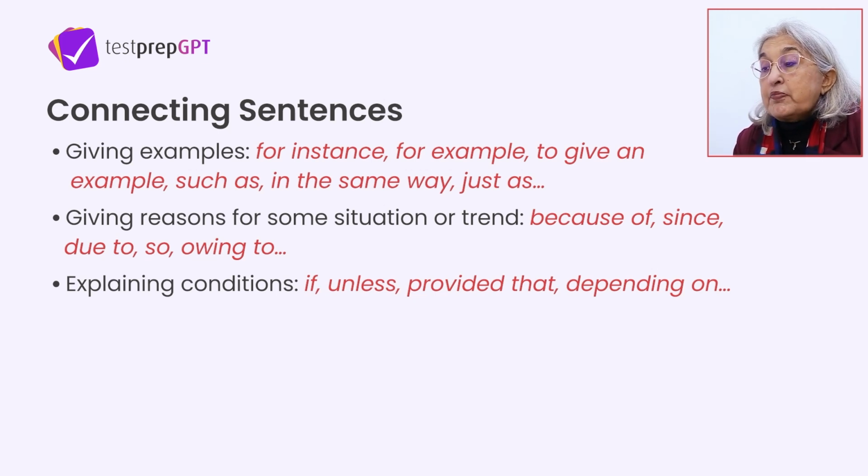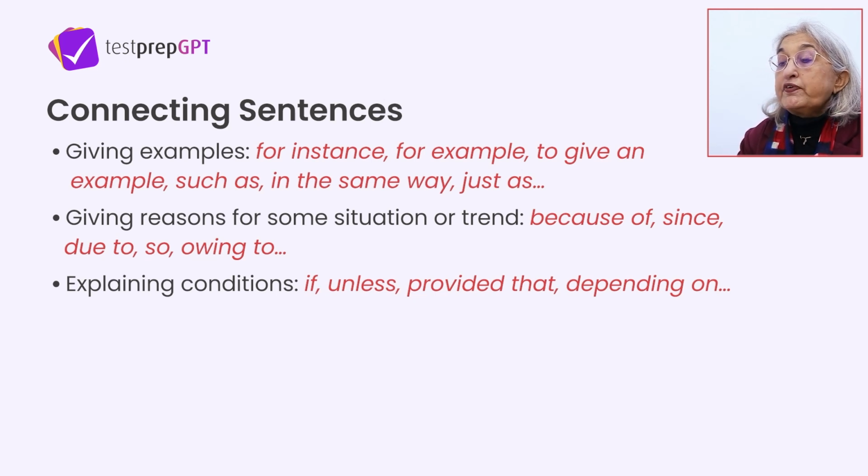Or we can also say provided that. So we can say traffic in cities can be improved provided that certain conditions are followed or certain improvements are made, provided that. Okay, so that is how you will use this phrase. Or that traffic in cities can be improved depending on such and such improvements or such and such developments. All right. So this is how you will use these linking words.